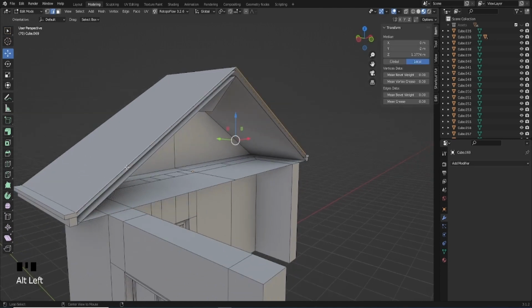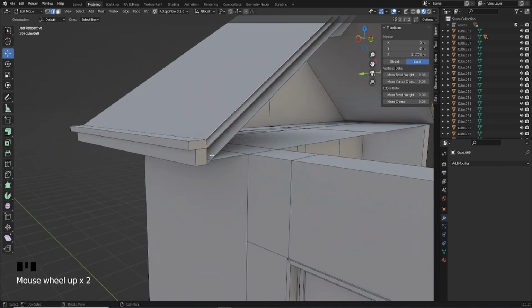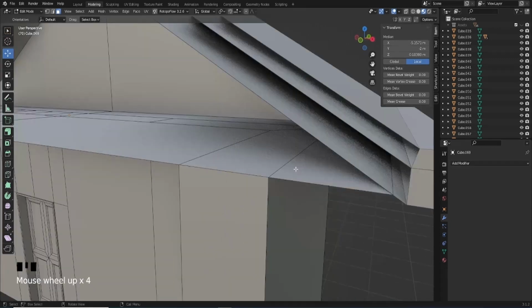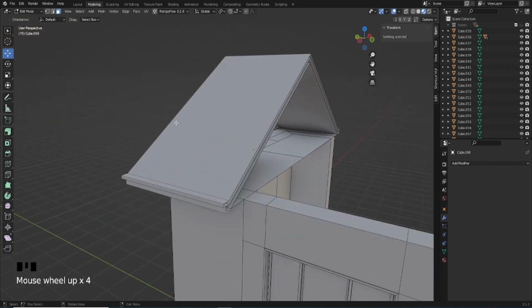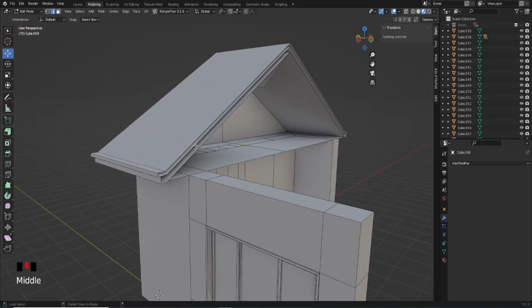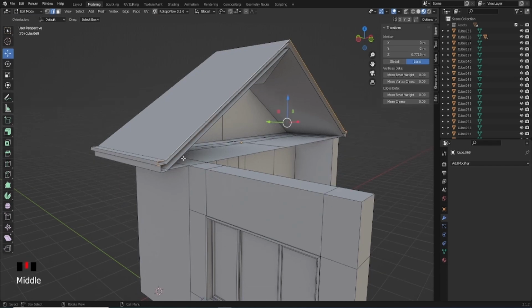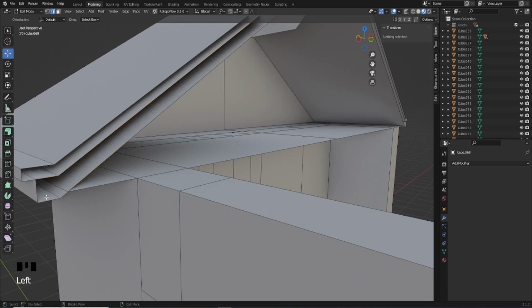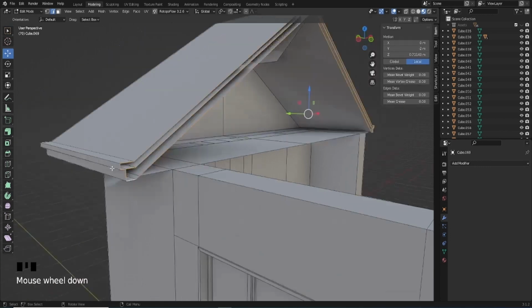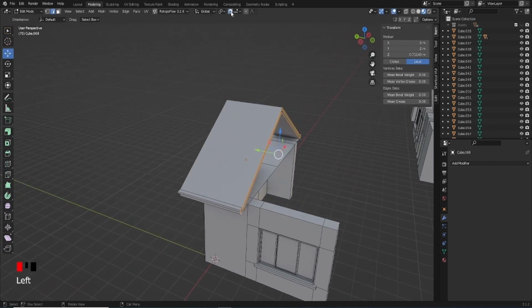Now I'll hold Alt. Didn't see you there. Alright, try that again. Hold Alt and click. Now on the one below, press Shift, Alt and click that. What happened there? Alt and click, and now Shift Alt and click. There you go. Right, with our snap turned on,